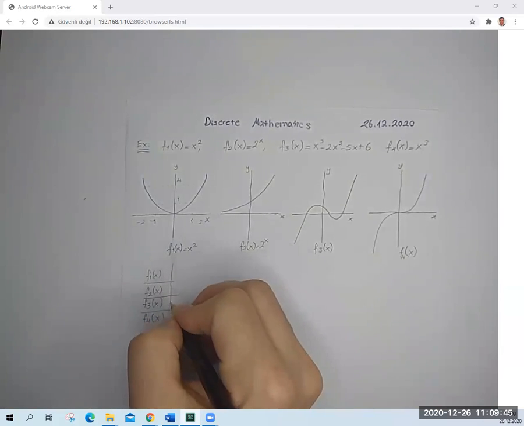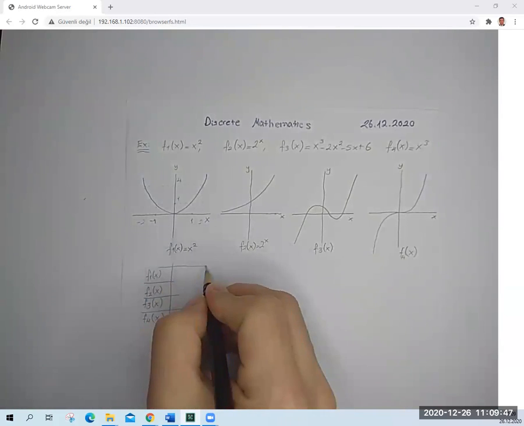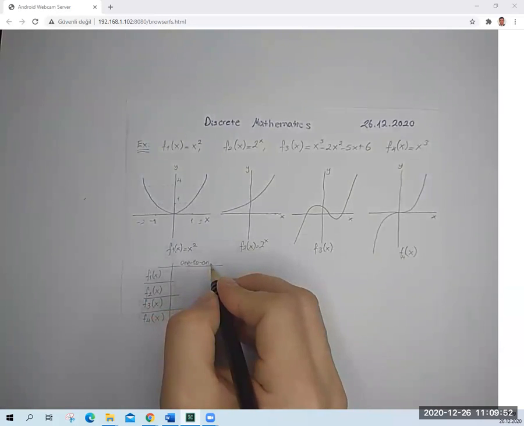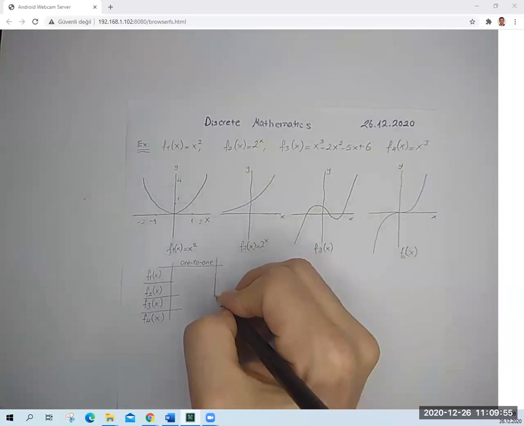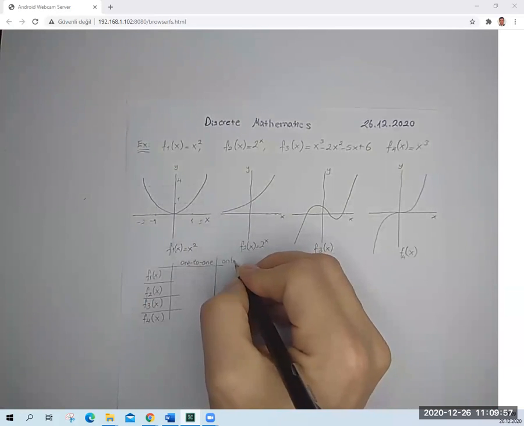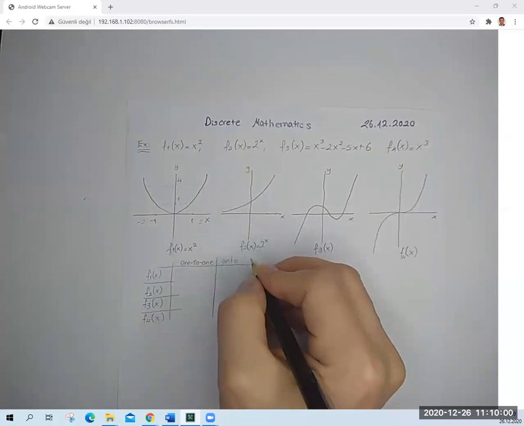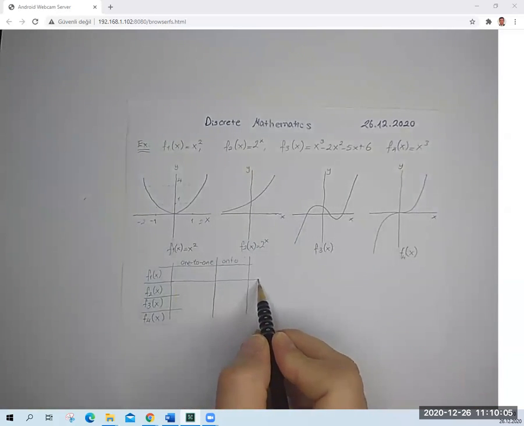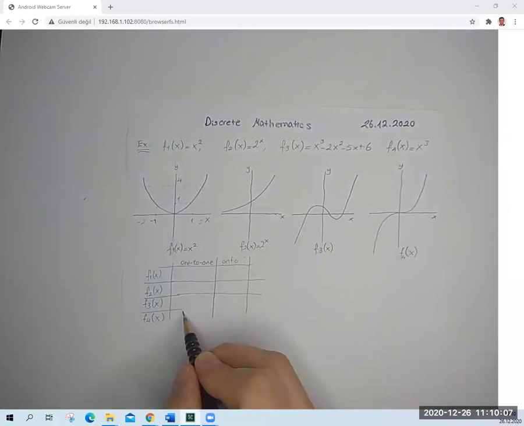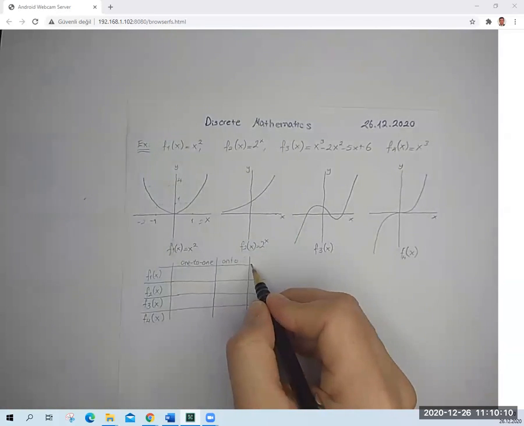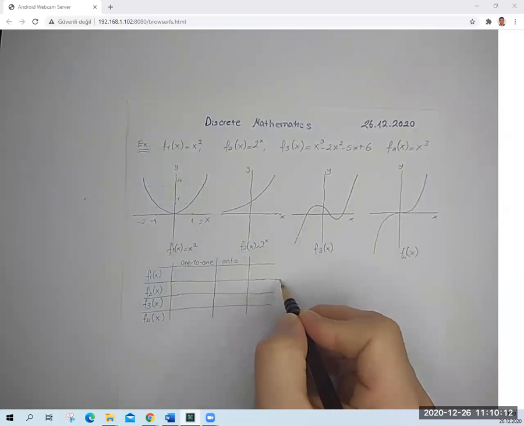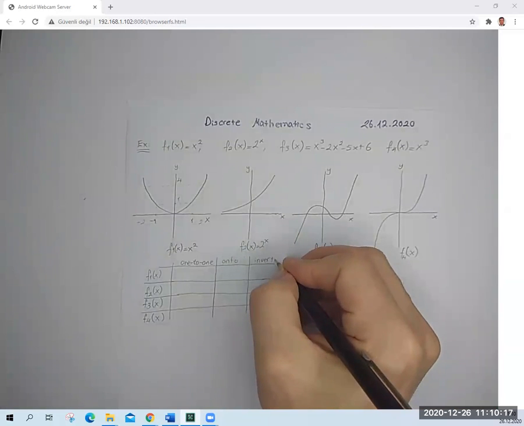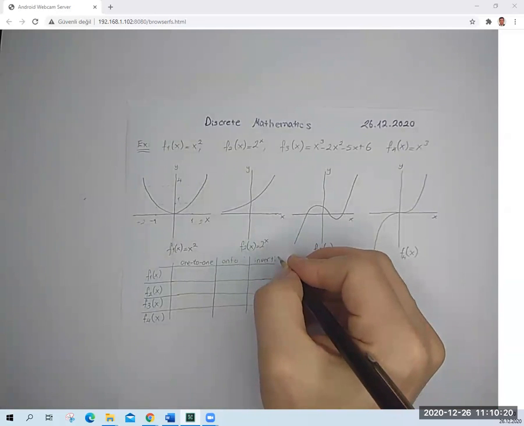And there is one-to-one and onto and invertible. You know, writing is taking some more time. That's why I'm writing like that. In the table,